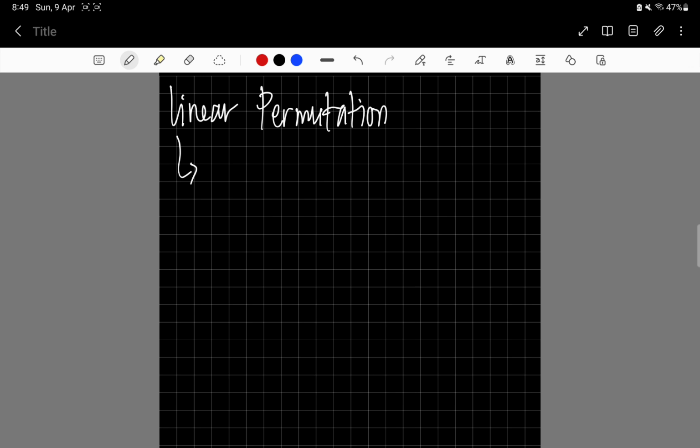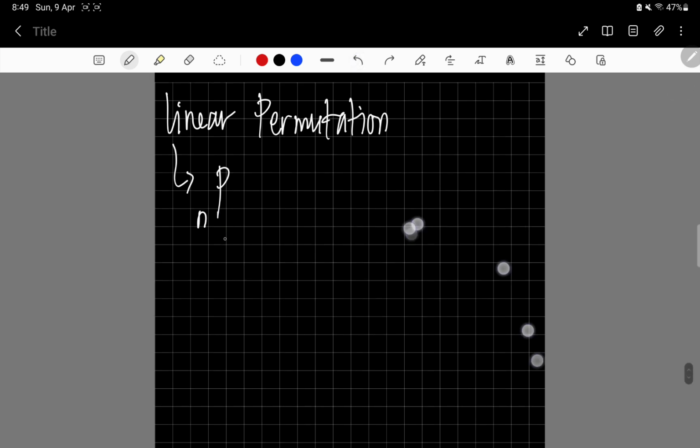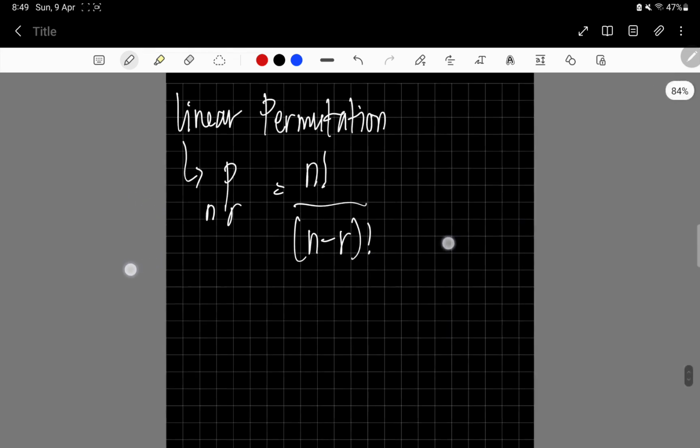Kaya di ba yung pinaka-formula natin ng permutation, yun yung linear permutation, which is the permutation of n objects taken r at a time is equal to n factorial over n minus r factorial. So, yun yung formula natin for linear permutation. And yung mga keyword na tatandaan natin kung kailan natin ginagamit yung formula na to, is linear or line up, or wherein meron tayong arrangement na binubuo na kailangan naka-line up sila,